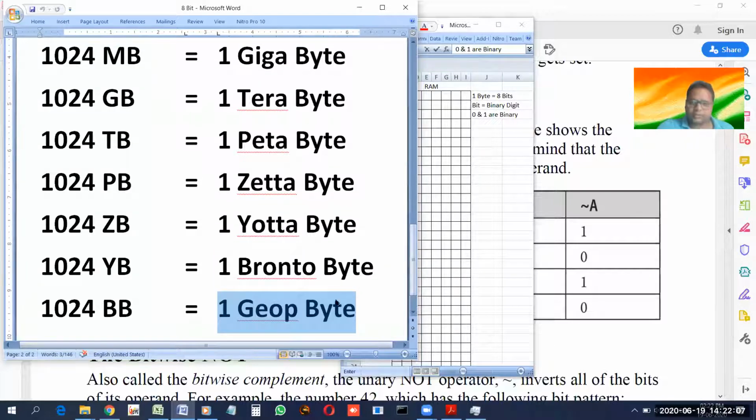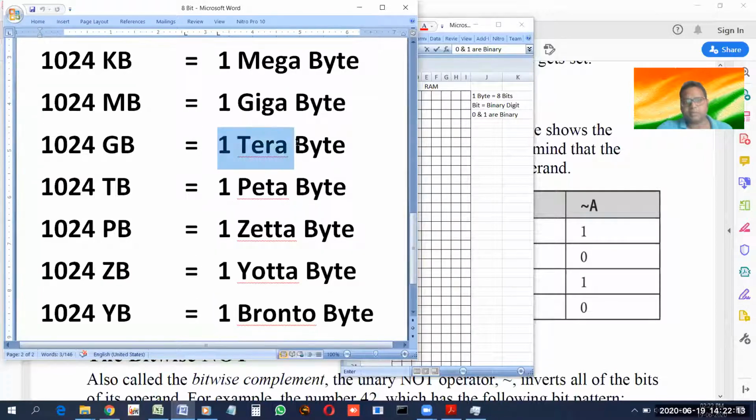Memory unit comes after this also, but this itself is a very large storage capacity. 1 TB itself is a very large storage capacity. Normally, when you buy a laptop or desktop today, a 1 TB hard disk comes with it. Now think of 1000 TB, what does it mean? It means the capacity of 1000 laptops. Correlate it like this: the content of 1000 full laptops can be kept in 1 petabyte.